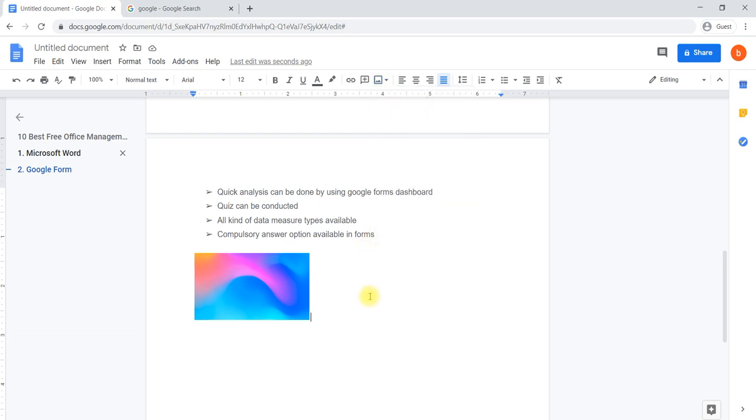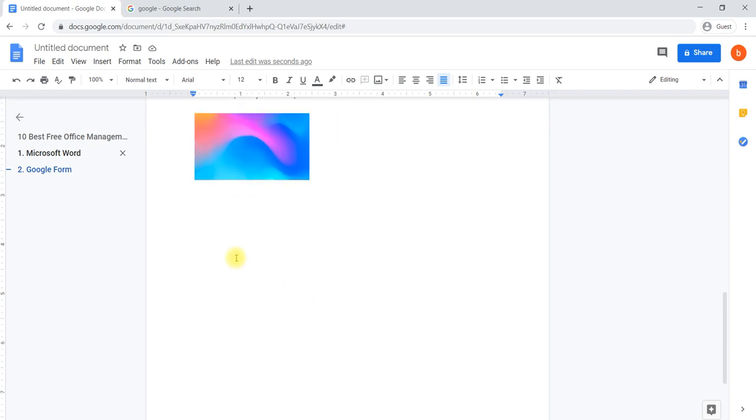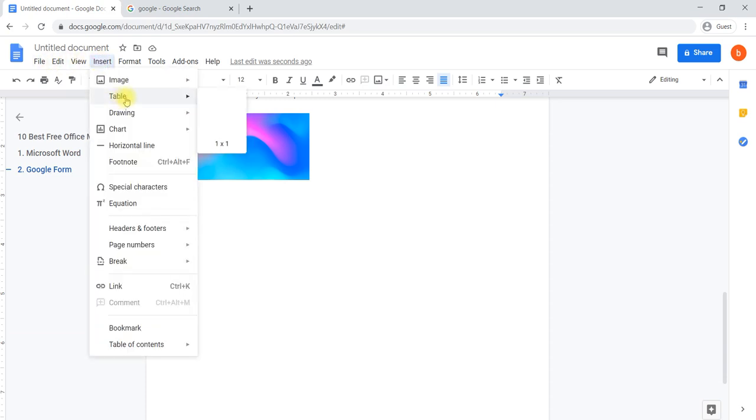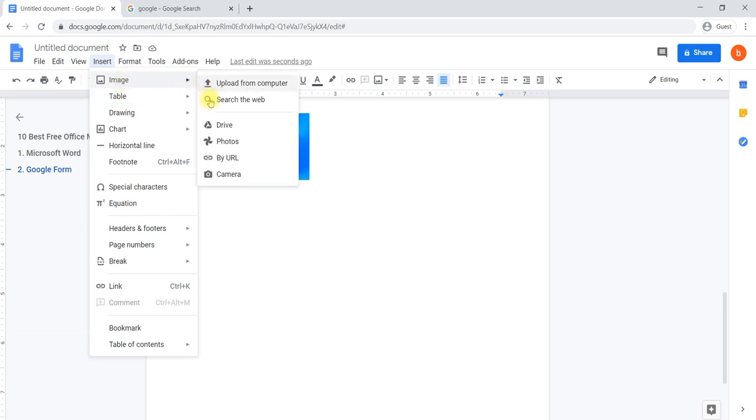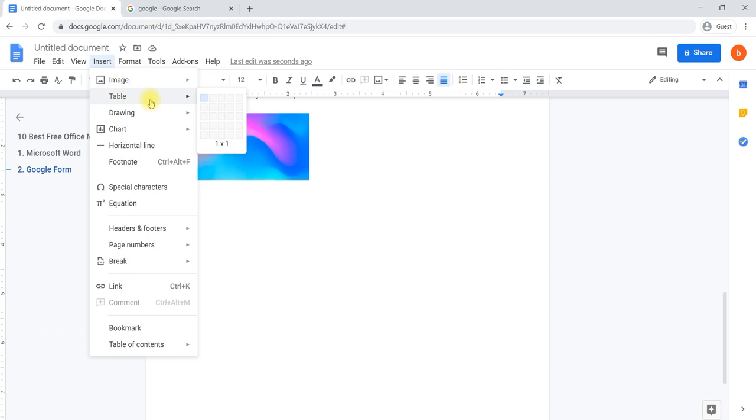One more thing that comes under the insert option is inserting a table. For example, you have a set of client lists or a document list. You would like to make it into a table. Then we can use insert table. Where is it available? We have to go to Insert in the main menu, go to Insert and select the table.